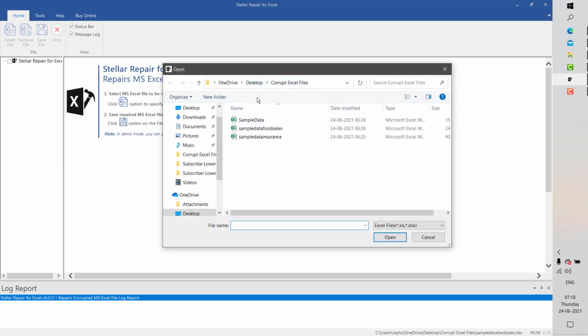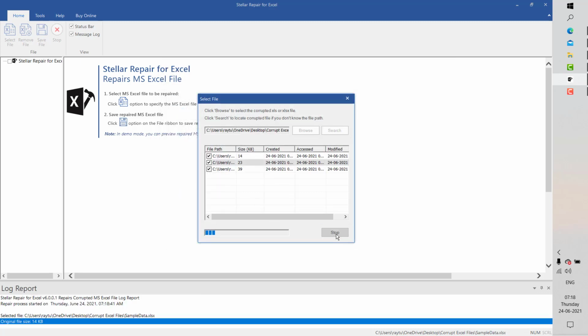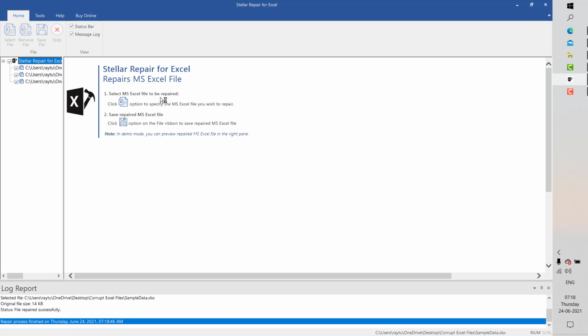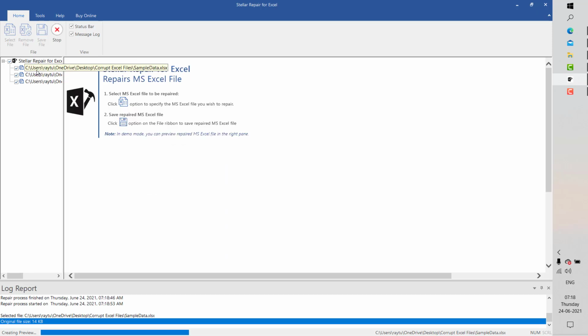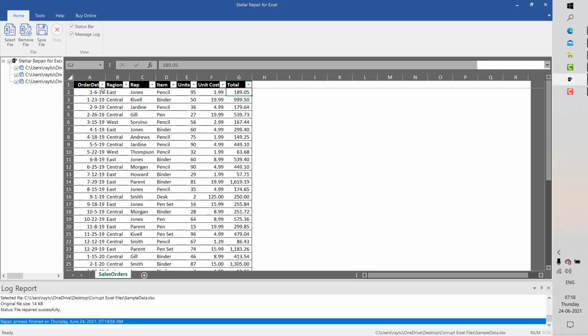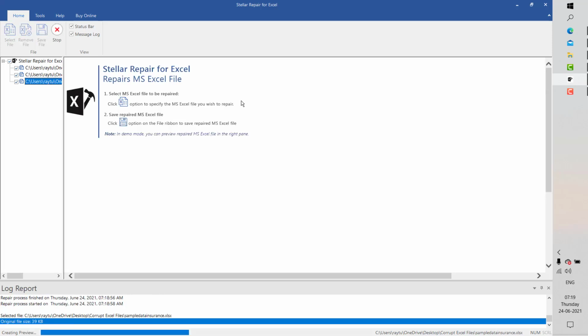So like I said, in this video, I'm going to browse to the location. I've saved the corrupted Excel files right on the desktop, and I'm going to select all three different files because all these three files are corrupted. I'm going to click on open, and then I'm going to click on repair. As soon as I click on repair, the repair process would be initiated. As soon as the repair is complete, it will preview the Excel files. So in my case, these are the files which were corrupted, and now I'm able to open